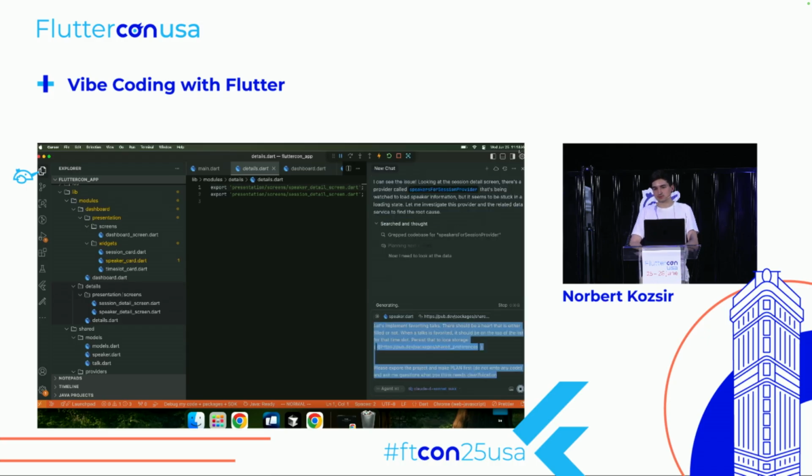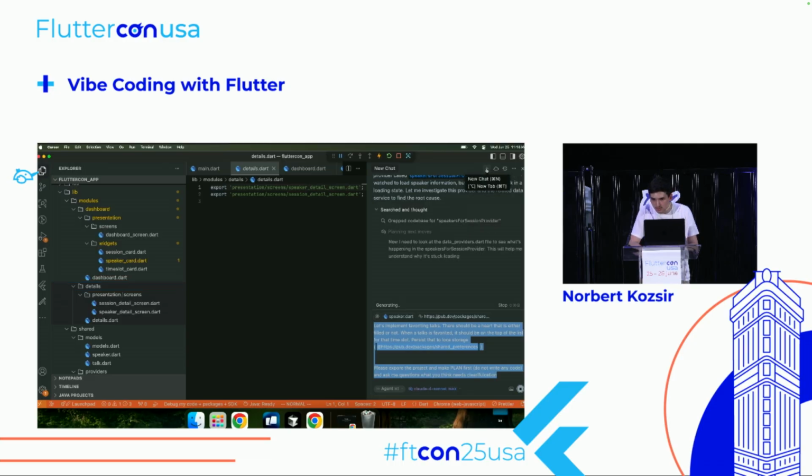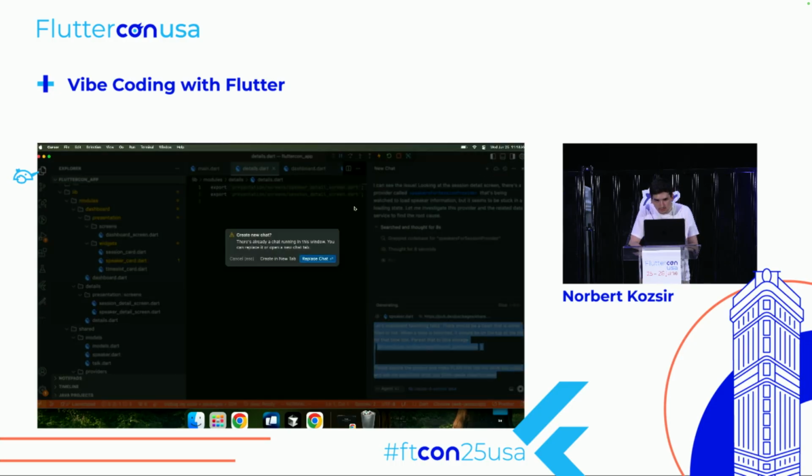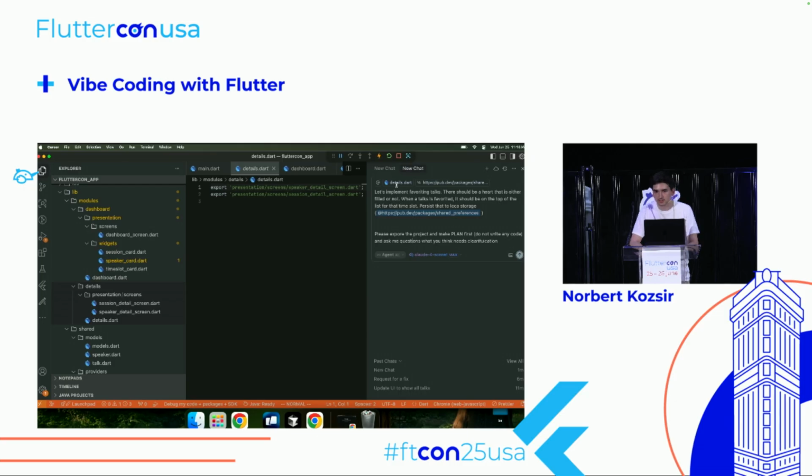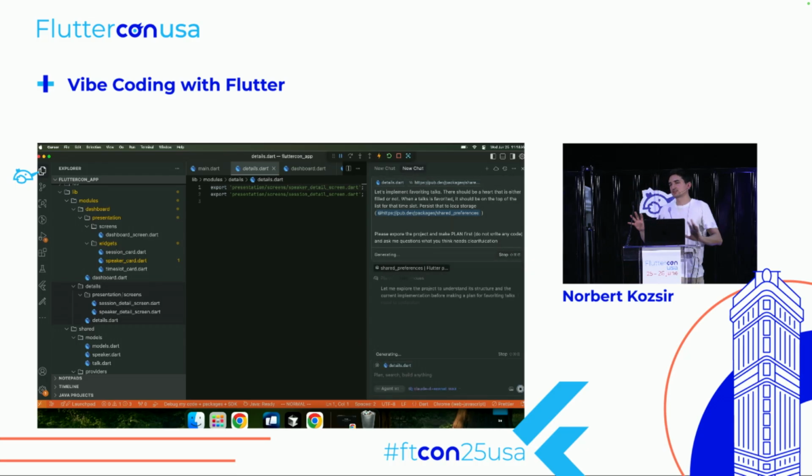So actually what we can do, Cursor has this thing where we can create a new tab. And while this is working, we can actually start with this, which in this case works because we're not writing any code. We're just iterating. So this is where I think it starts to get interesting.